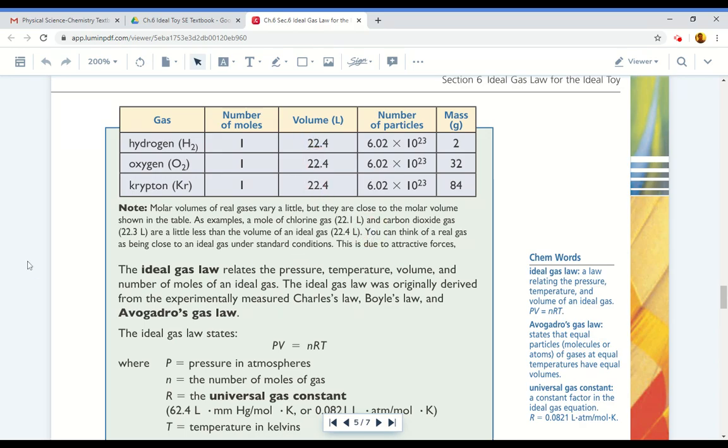You can think of a real gas as being close to an ideal gas under standard conditions. This is due to attractive forces. The ideal gas law relates the pressure, temperature, volume, and number of moles of an ideal gas. The ideal gas law was originally derived from the experimentally measured Charles's law, Boyle's law, and Avogadro's gas law. The ideal gas law states,